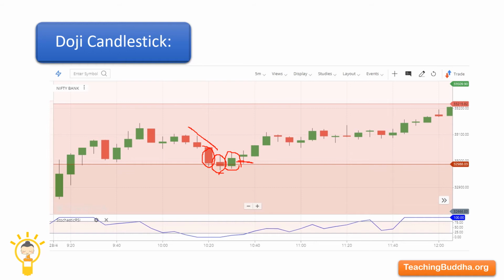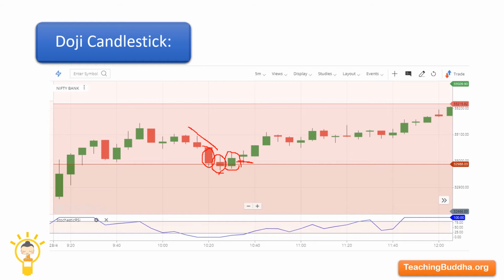What are the three reasons to enter position here? The three reasons are, of course, a doji spinning top has formed at the oversold zone, which has formed just after the big bearish candle. There is a bullish confirmation candle also. So like that, you need multiple reasons, at least three reasons, to enter a trade position.